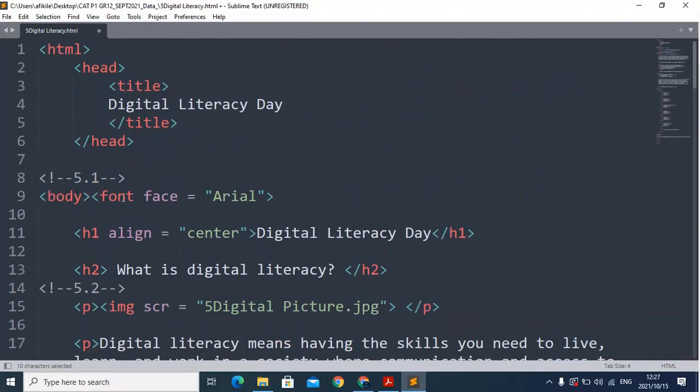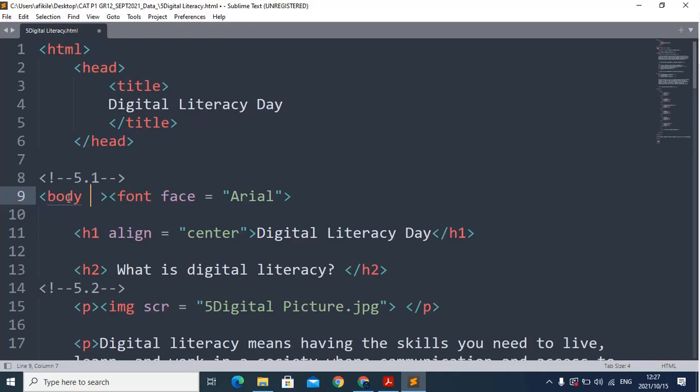So, okay, without wasting much time, let's go back to our HTML and start with 5.1. It says set the website page color to cream. All right. Before I do that, I want to say, with the markup that we are given at the end of your question paper, there is one mistake that is common to the people that I have marked. I've seen that they go and they take the correct markup, which in this case would be